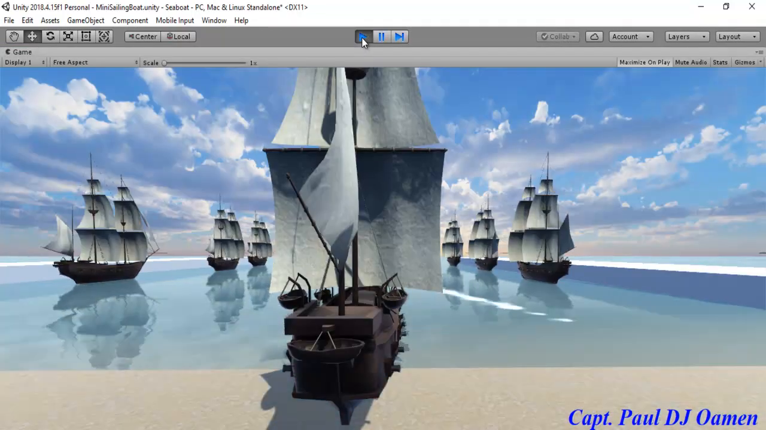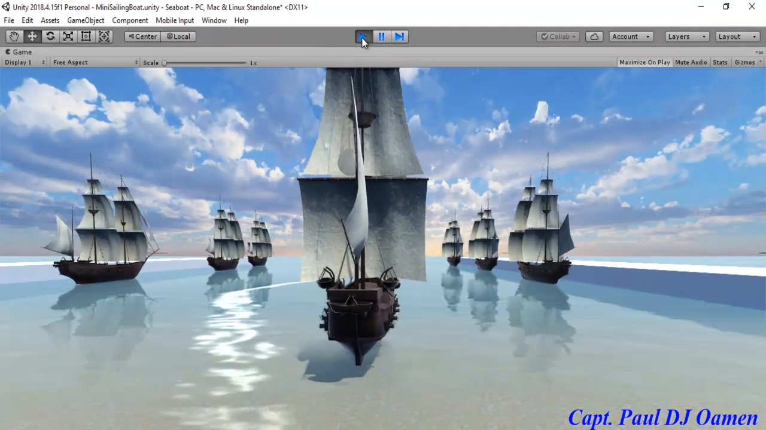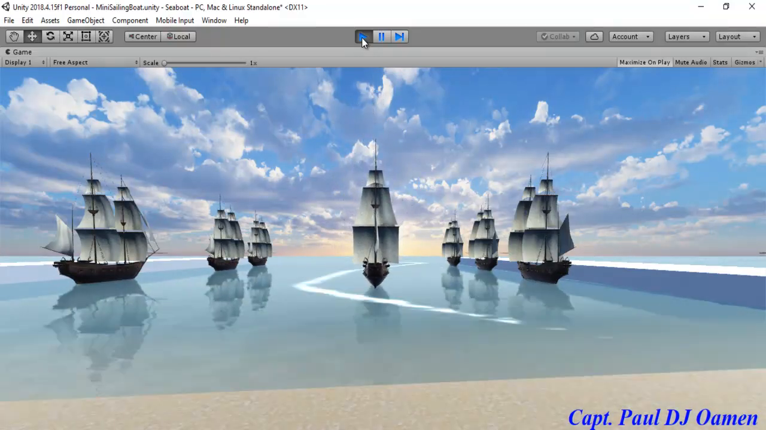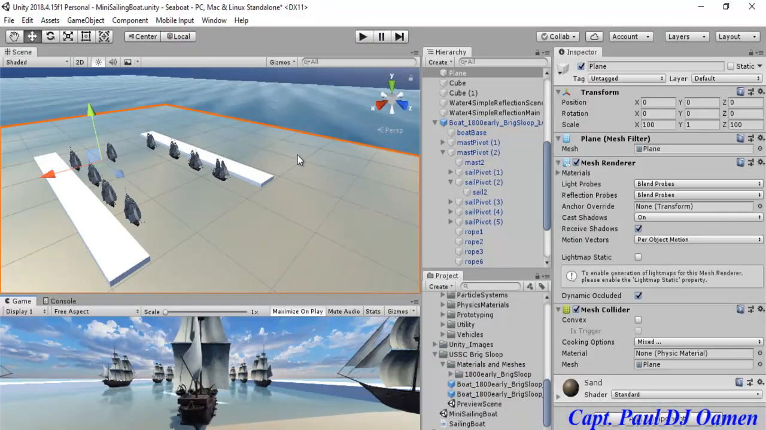There we go, guys. So we can get this one to move. This one is now sailing out while the other ones are waiting. Okay, end it. So let's add